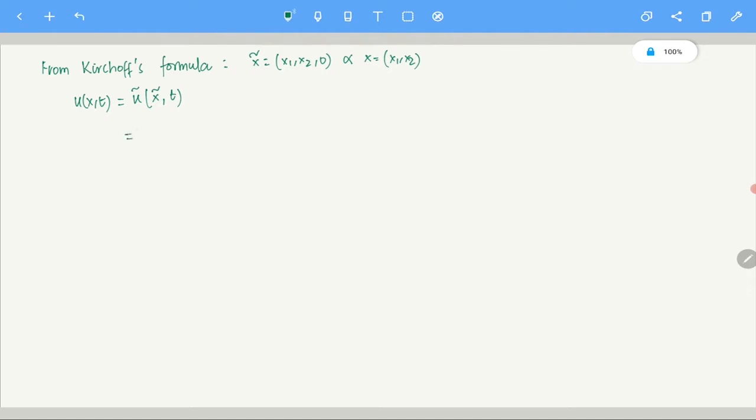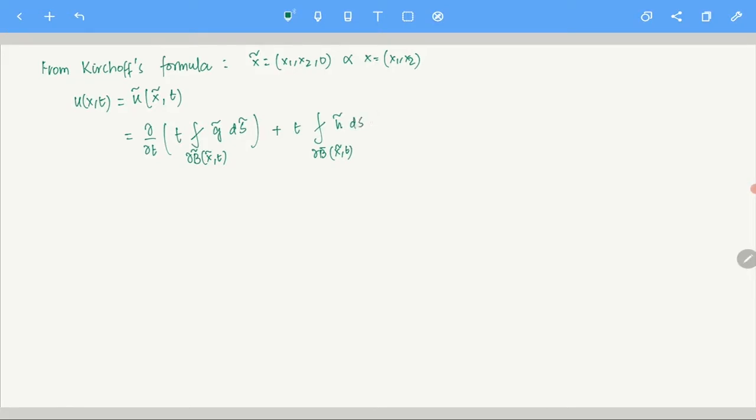Yeah? So now by Kirchhoff's formula, what do you have? You have something like this, right? It is del del t of t times the average over the boundary of the ball, let me write it like this, of g tilde, I will explain. So this is just Kirchhoff's formula, ds tilde, plus t times, let me write it and then I will explain, the average over the boundary of the ball B tilde (x tilde, t) of h tilde ds tilde.